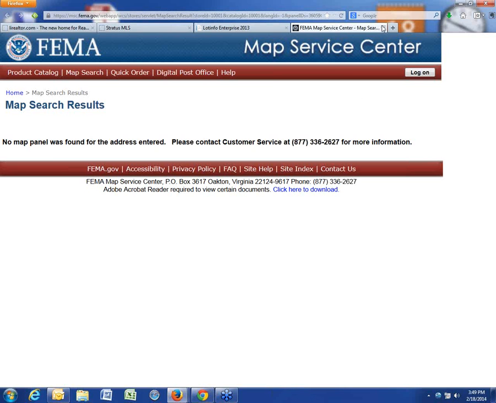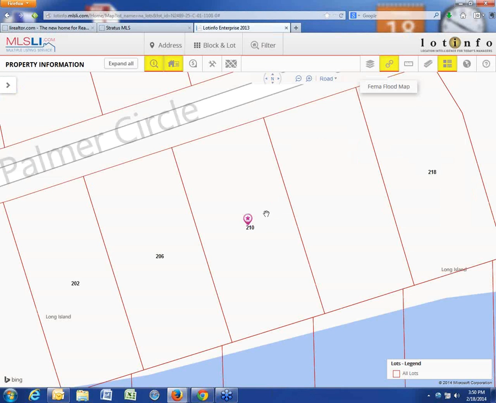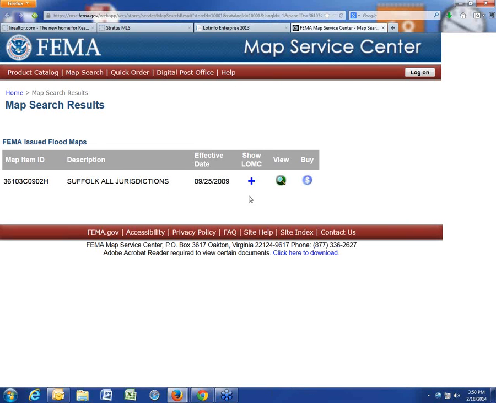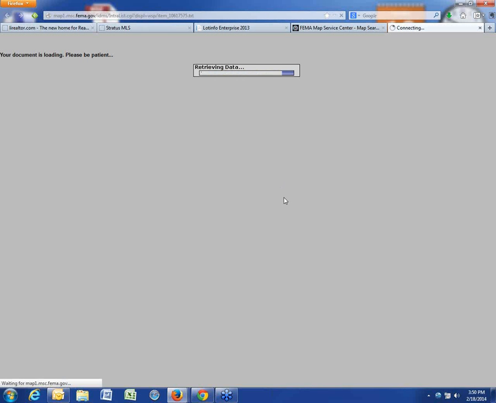So if I click on that FEMA flood map there, I'm not getting, let me just try that one more time. Let me just identify this property. Okay, so I'm going to click on that. There we go. Identify it, and now we will try our FEMA flood map. Okay, there we go. So to view the flood map, you're going to just look right at the word View here. And then this Show LOMC, it's just a report telling you the dates of the flood maps and when any updates have been done. So I'm going to click on View, and that will open the